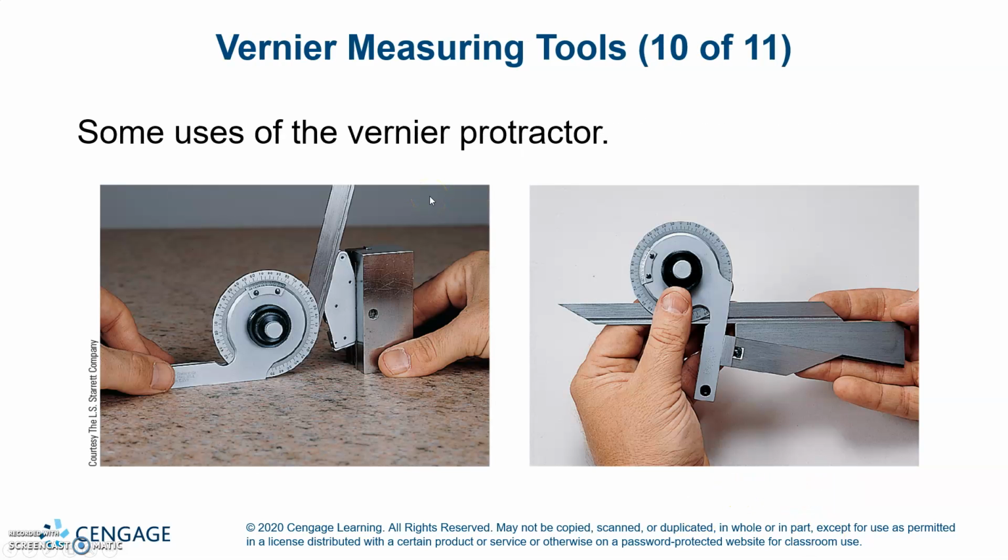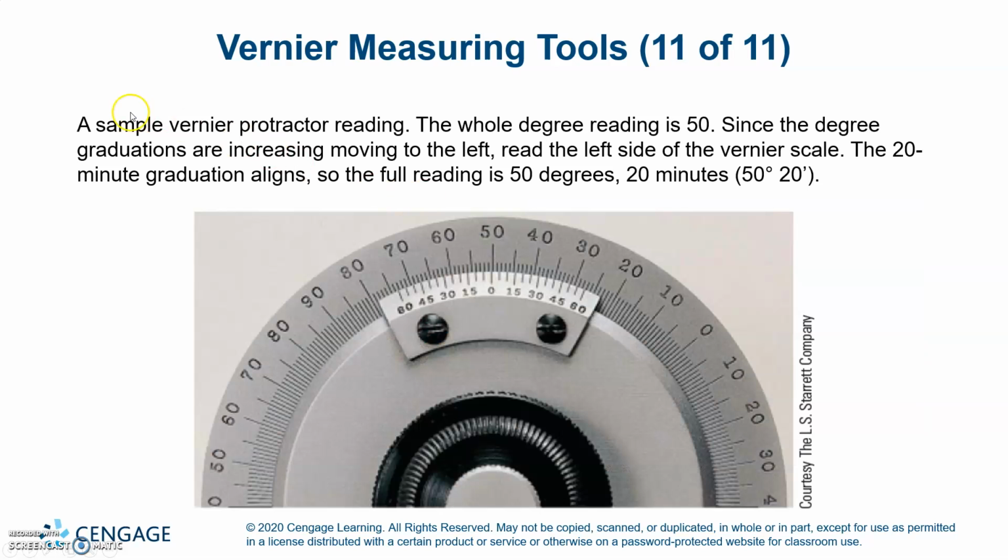Some uses of a vernier protractor. A sample vernier protractor reading: the whole degree reading is 50. Since the degree graduations are increasing, moving to the left, read the left side of the vernier scale. The 20 minute graduation aligns. So the full reading is